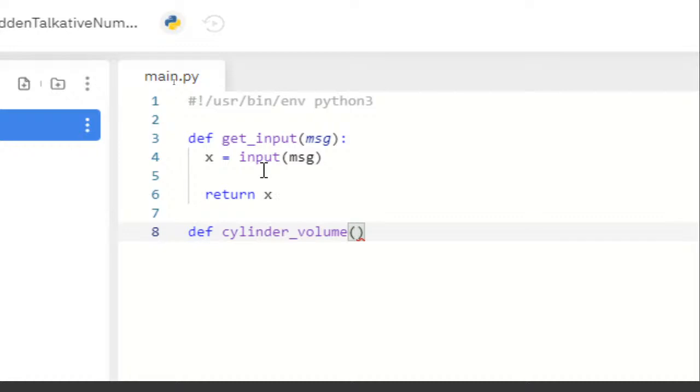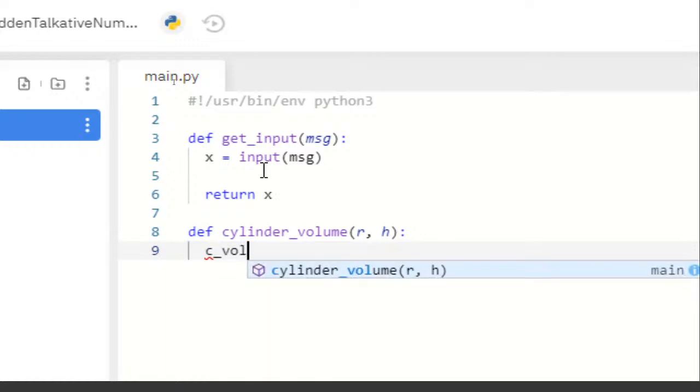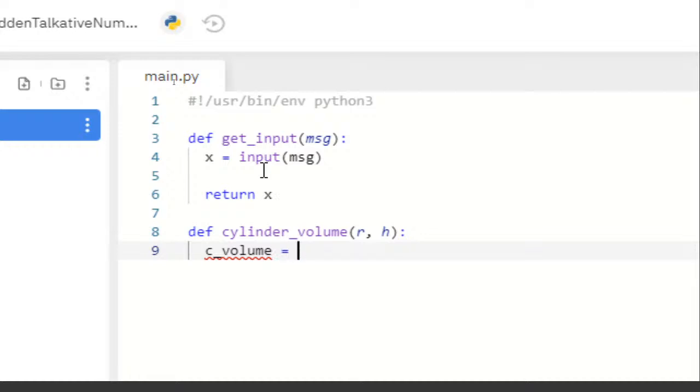And in our arguments here, we can actually include multiple arguments. You can include as many arguments as you want, separated by commas. So we'll include R for radius and H for height. And now we'll just put in our formula. So we'll create a variable called C volume, and we'll set that equal to